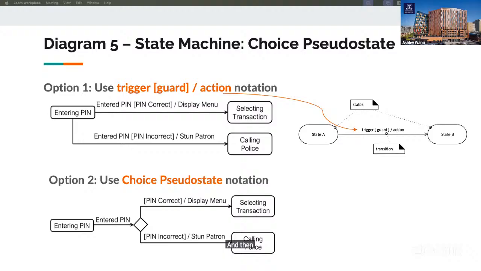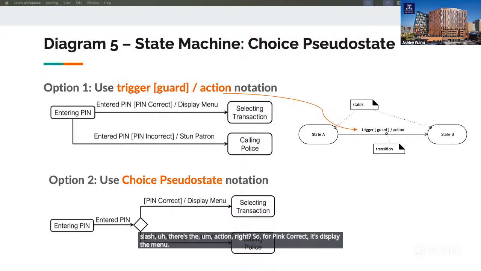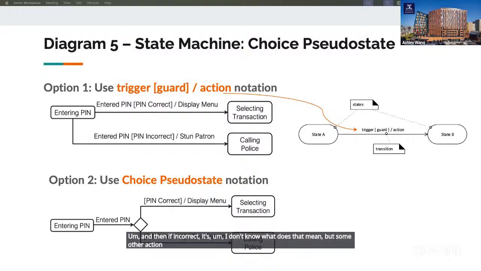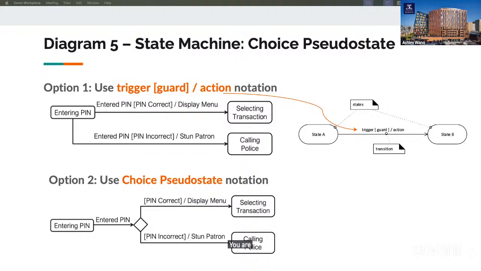And then the condition, which is the guard, is PIN correct or PIN incorrect. So that's the different conditions. And then after the slash, there's the action, right? For PIN correct, it's display the menu. And if incorrect, it's some other action there. And then after that, you transition to another state.